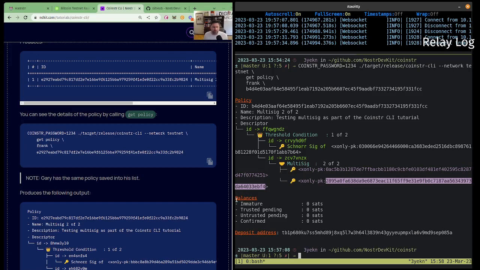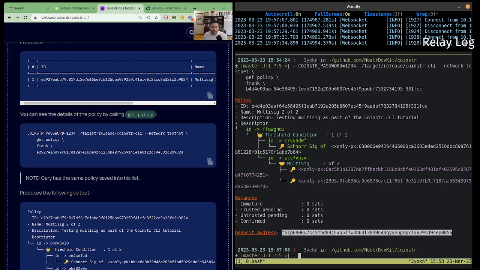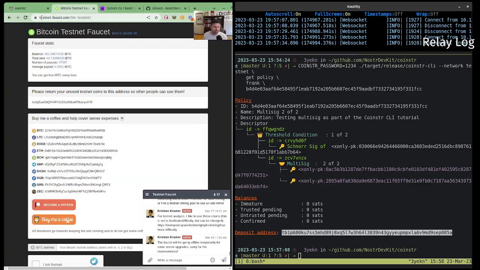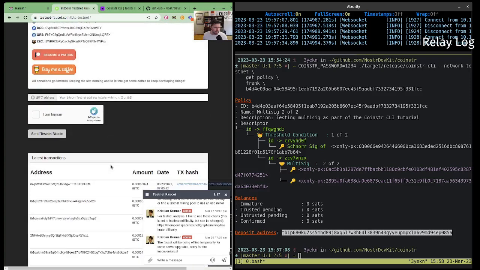Then we have a list of our balances, the 4 different states of balances that we could potentially have on a policy, and then we have a deposit address. So what I'm going to do is copy this deposit address and go to the Bitcoin testnet faucet. You can see the web address here, testnet-faucet.com/BTC-testnet. I'm going to scroll down a little bit and paste it in,